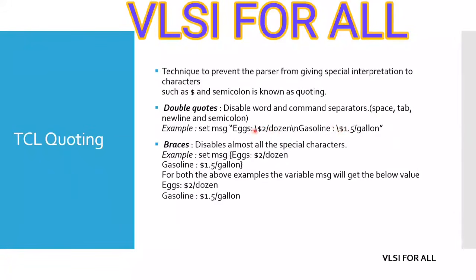And for the spaces, there's no backslash required. And if there is a semicolon, it's not required. And new line character can be used as it is. Okay. So it gives similar results where it prints X, then it does backslash substitution, prints the $2, the dozen, then the gasoline part goes to the next line because there's a new line character.